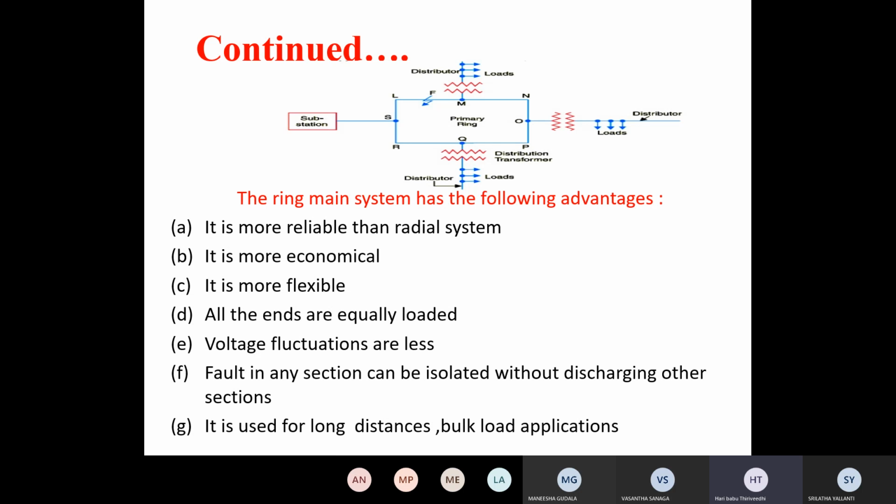In the radial system the far-end load is heavily loaded and near the substation it is lightly loaded. Whereas in the ring main system, the end of the M distributor, the end of the O distributor, the end of the Q distributor, all are equally loaded. There are no voltage variations, right? All being equally loaded means voltage fluctuations are less. And also a fault in any section can be isolated without discharging the